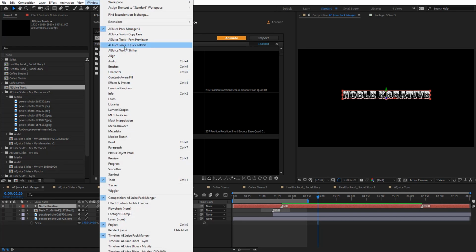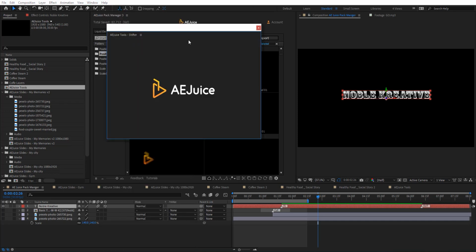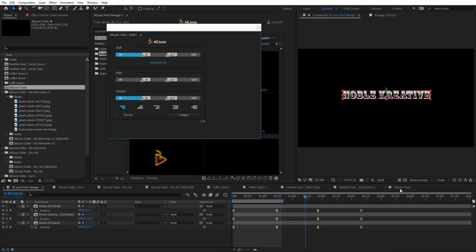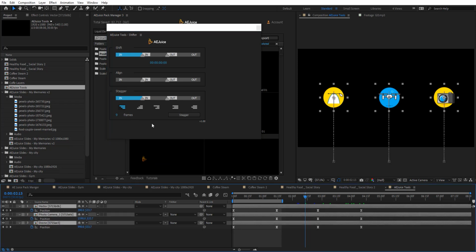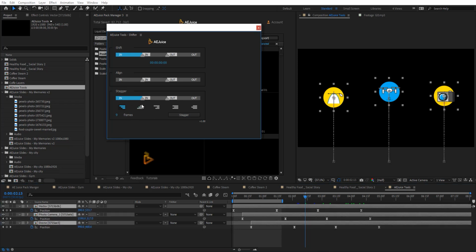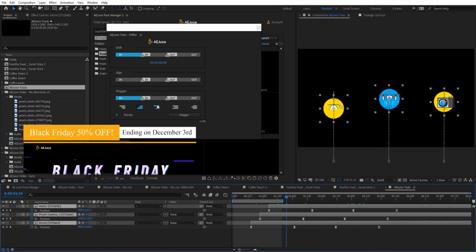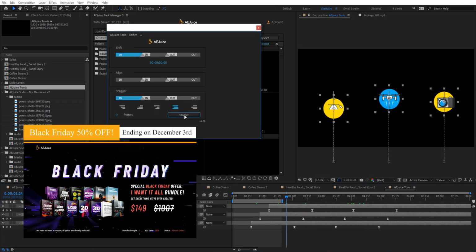And here we got this shifter tool, very useful as well. Here we got some staggering. So here you can basically stagger your layers, and you can just select on the icons what style of staggering you want. So you can see here you can have random, you can align stuff and stagger them.